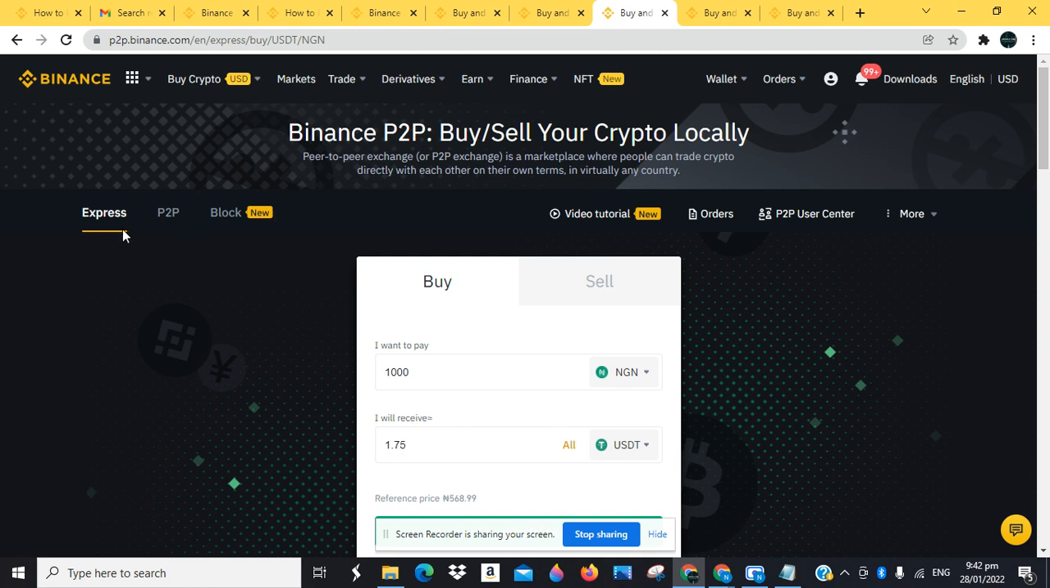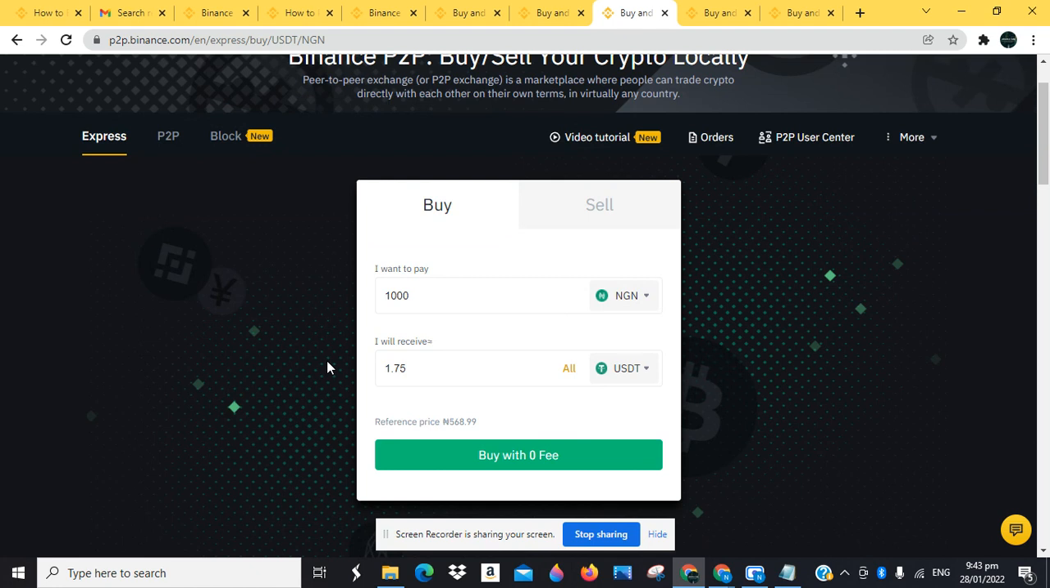So Binance created the Express section. Express is another word for fast. It's a fast section where you can easily trade or buy your cryptocurrency in the fastest possible way. Binance has made it possible to merge users who want to buy or sell cryptocurrency with the best suitable merchants that can offer their service to these